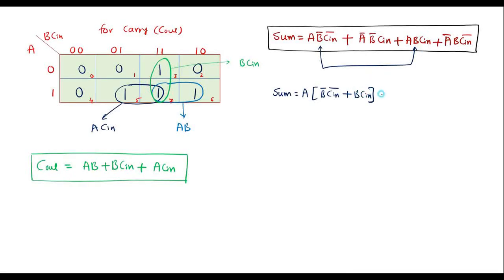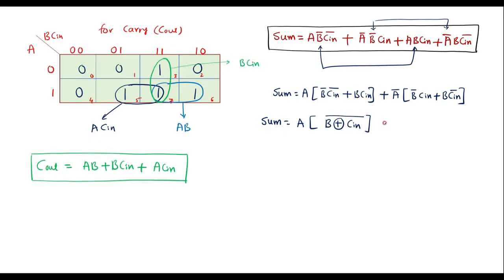plus similarly, comparing this one and this one, here I can take A bar as common. The remaining terms are B bar C in plus B C in bar. I will try to simplify this further. That is sum is equal to A. We know that B bar C in bar plus B C in is nothing but B XNOR C in,